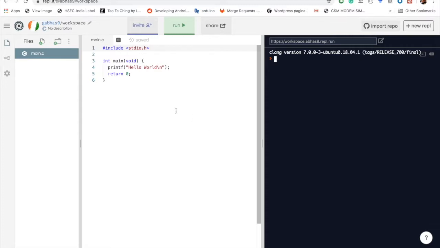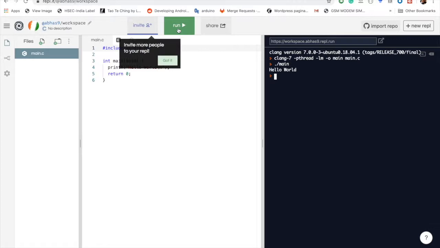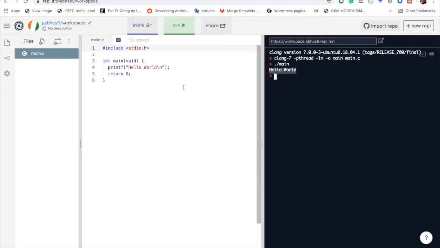So what you see in front of you is an actual working running C program that displays Hello World on the screen. You can click on the run button on top to see the output of this program. As you can see, the program is executed and Hello World is displayed. So let's go through this code line by line and try to understand what is happening over here. We won't be going into too much detail because that is not necessary at this point.